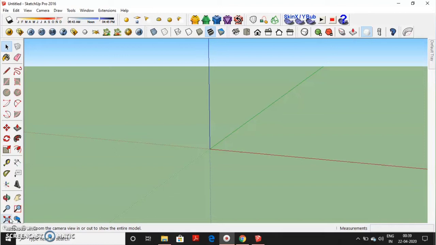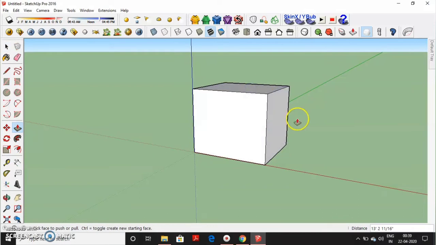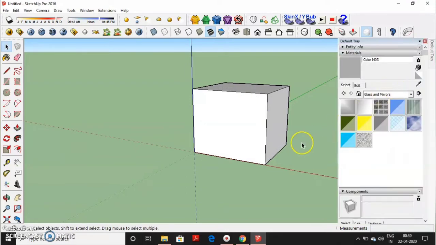So to input any material or to make it more realistic or to render it, first of all, you have to install V-Ray. After installing V-Ray, you will get this tab and these many options. Now for the material property, first of all, I will create a cuboid to make things more clear. R, and then I will push pull it. This is our cuboid, and I will put different colors over it, and then I will teach the different properties.